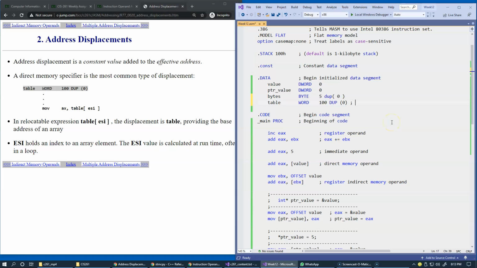This is the equivalent of declaring an array of words, which are 16-bit integers. So an equivalent in C would be short, right? Short is a keyword in the C programming language, and we're going to create an array named table of 100 elements, and we're going to initialize everything with a 0. You know that the first element in this array is going to be initialized with 0, and since